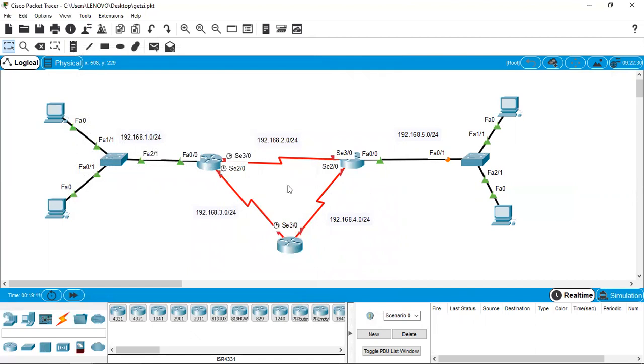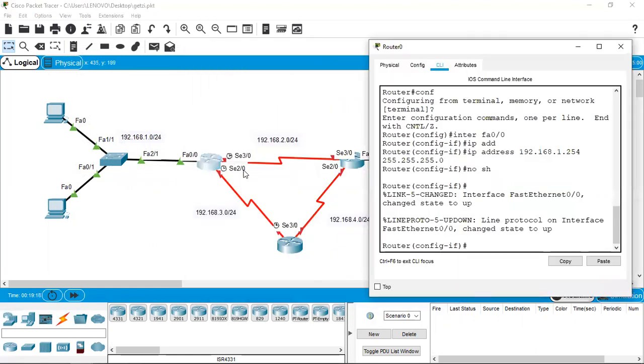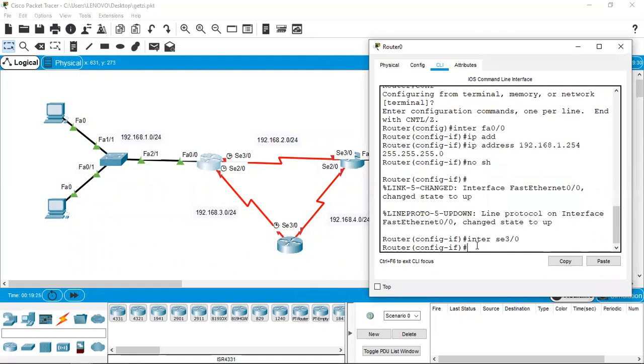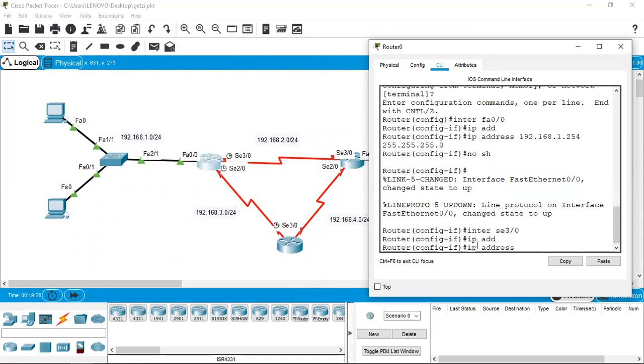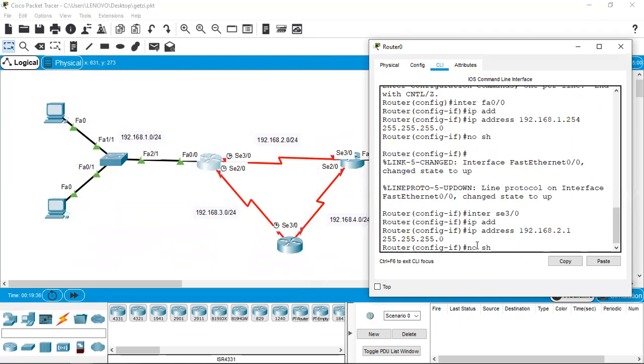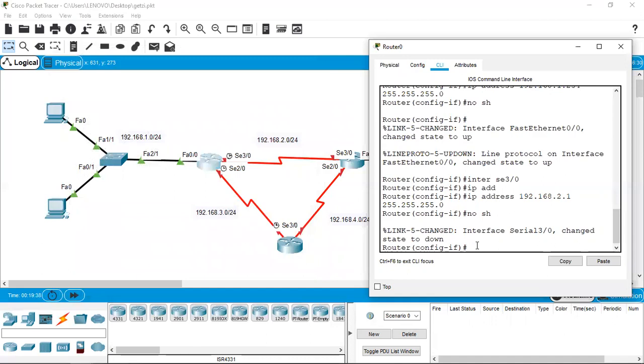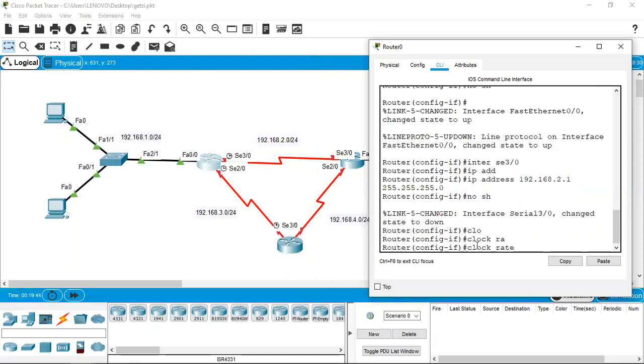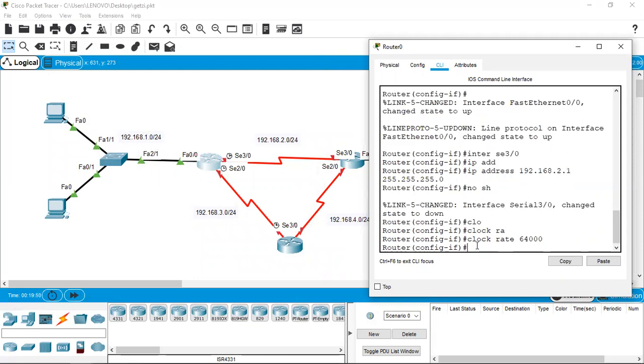All right. Now let's come back to the serial interface of the routers. We'll start assigning IP address to these interfaces. So I go to this router and we'll start assigning IP address to this link. The interface belonging to this link is interface serial 3/0, as you could see on the screen, and I give the IP address as 192.168.2.1 with the mask, and I also have issued no shutdown command. This serial interface being a DCE terminal, we need to give clock rate as well. So I give clock rate probably 64000 as a standard number, you can always remember. So I have completed that configuration.